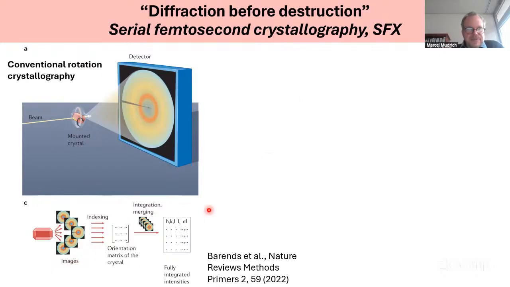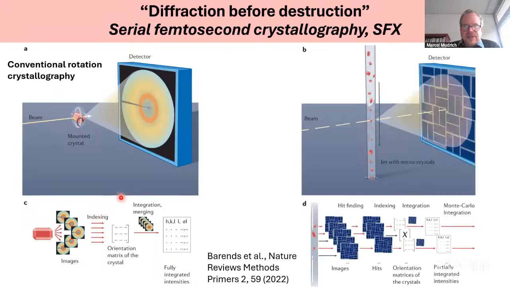There are now more and more numerical and computational efforts needed to cope with these enormous amounts of data when thousands and hundreds of thousands of diffraction images are taken. Here is a very interesting review article in the journal Nature Reviews Methods Primers. It's quite a new journal that